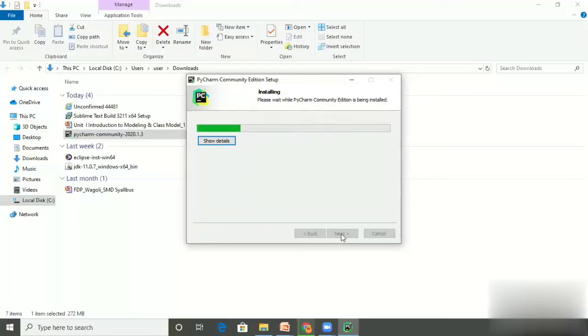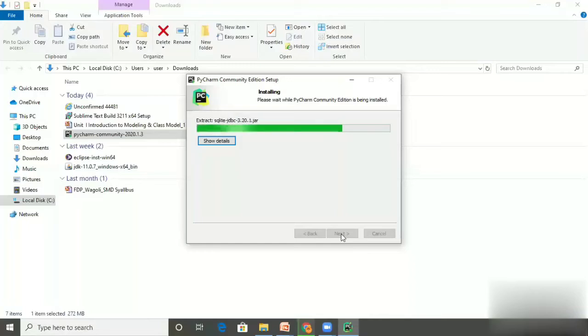It is a heavy IDE. It has so many facilities to do programming with Python. You can debug. There is a project window. So what do you mean by IDE? So many tools are combined in one software. Integrated, so it is called an integrated development environment.